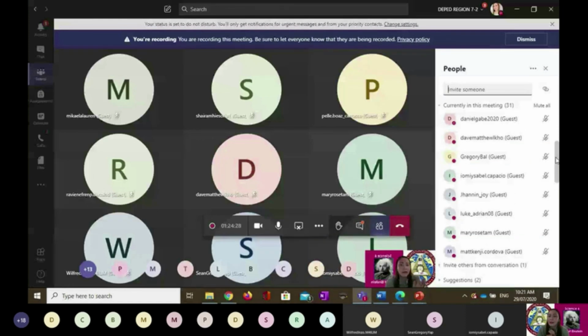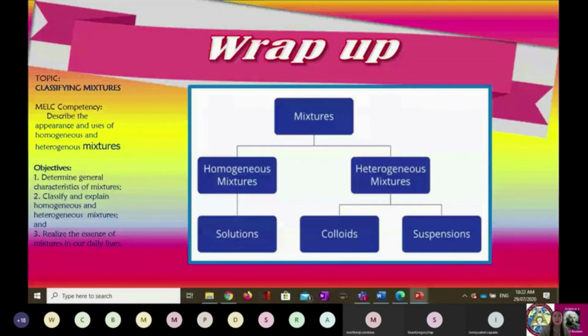And the next thing you mentioned was air. Exactly. Air is a kind of mixture, specifically a homogeneous mixture. Just imagine without air and water, we cannot live, especially if we have no food. All right. For the wrap up, always remember that mixtures can be